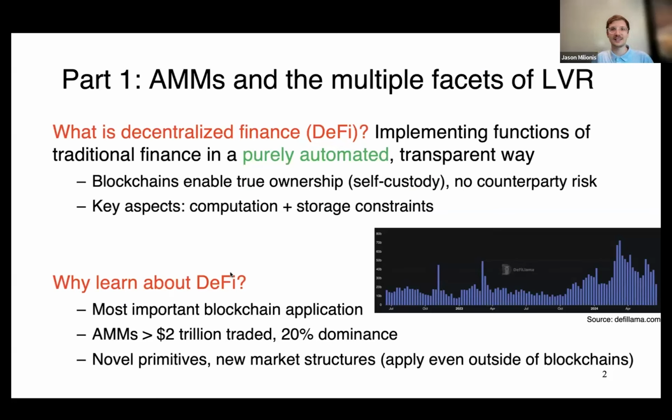So let's dive right into DeFi, or decentralized finance. When you hear decentralized finance, what comes to mind? Well, it's decentralized and it's finance, right? So blockchains first come to mind. And one of the most fundamental aspects of blockchains is that they enable the true ownership of digital assets. So on the blockchain, one gets property rights for digital assets. And what is one of the most basic rights? That is the right to transfer these assets.